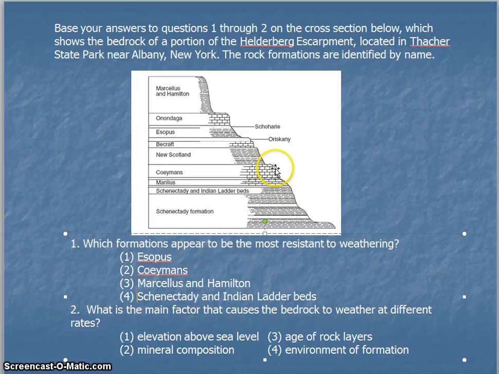You can see that there's more of it. It seems to be more resistant than the one in choice 1. Marcellus and Hamilton here at the top, not a lot there. So if I had to put these in order, this is the least resistant right now, and this would be our most resistant. And then let's take a look at this Schenectady one, which is right down here at the